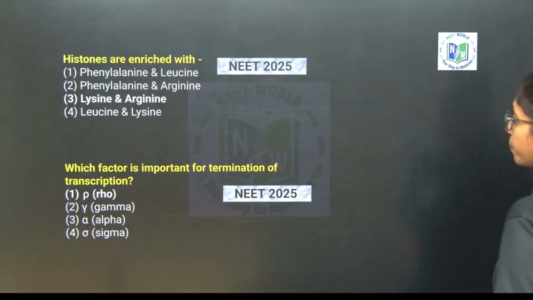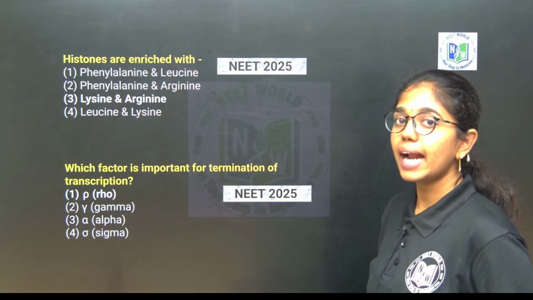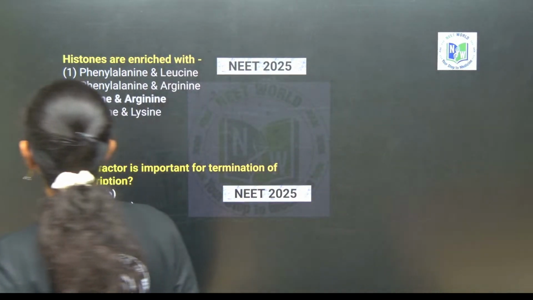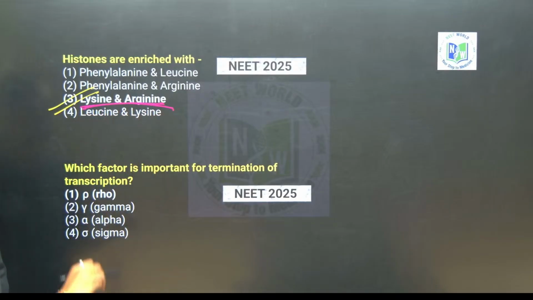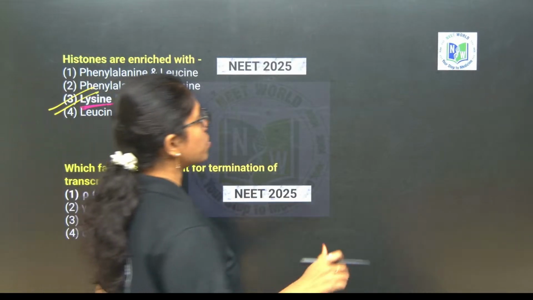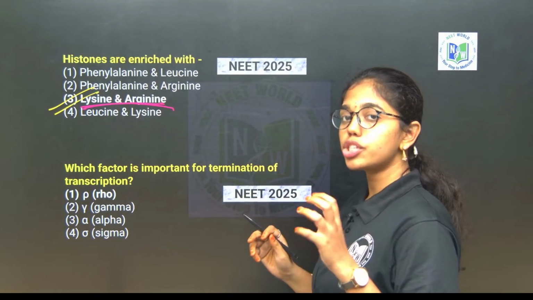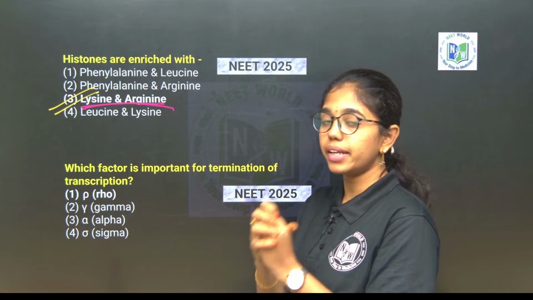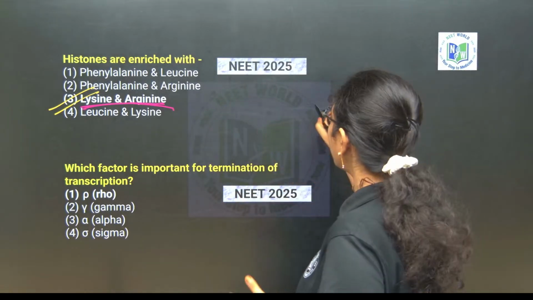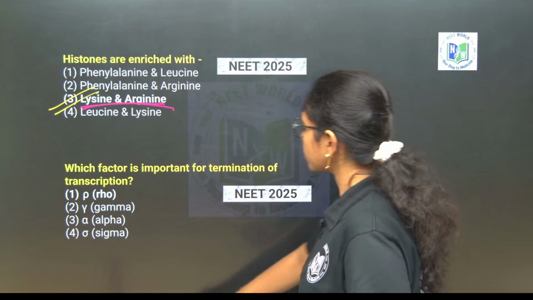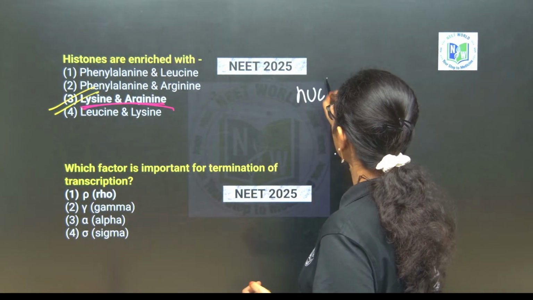Next question. Histones are enriched with what? Lysine and arginine. Okay, histones are enriched with lysine and arginine. Option C is right. So DNA is negatively charged, we all know that. During DNA packaging, the positively charged histone proteins will pack the DNA, and the major model we have learnt is the nucleosome model. Okay, under DNA packaging we have learnt the nucleosome model,